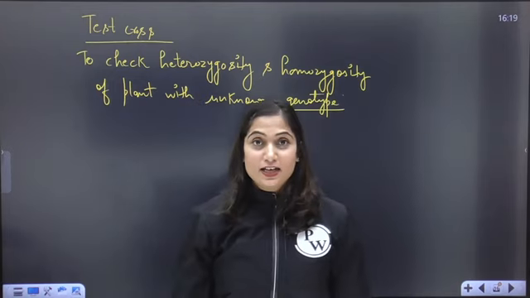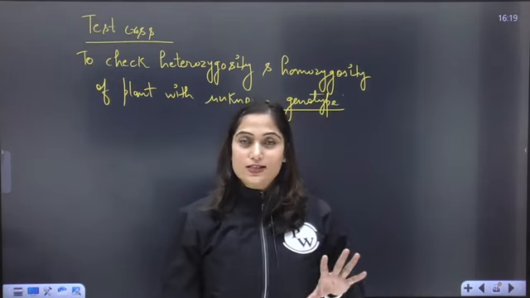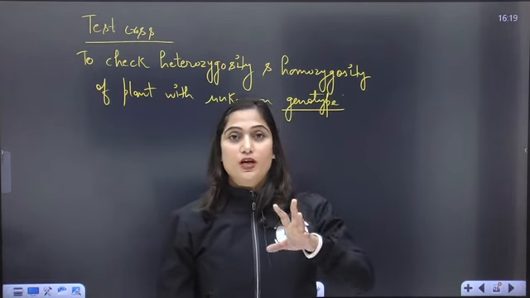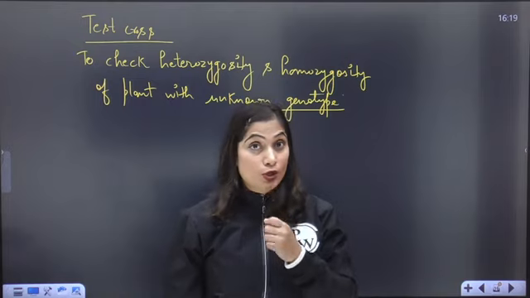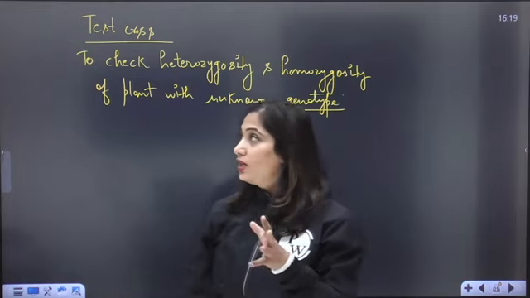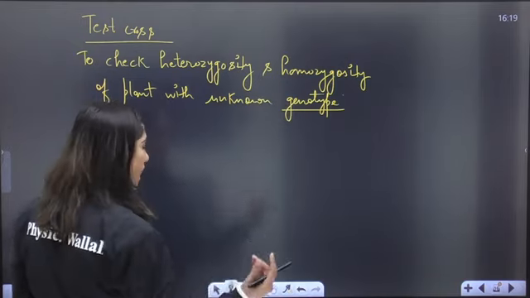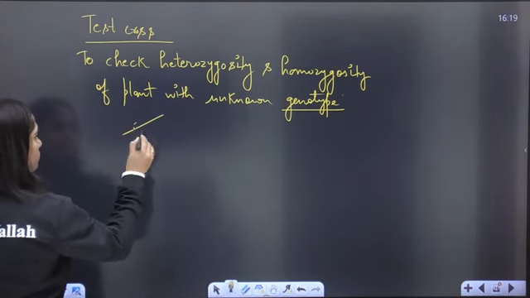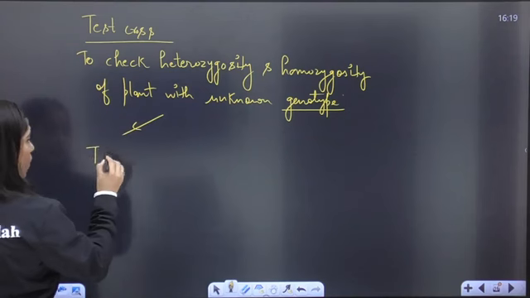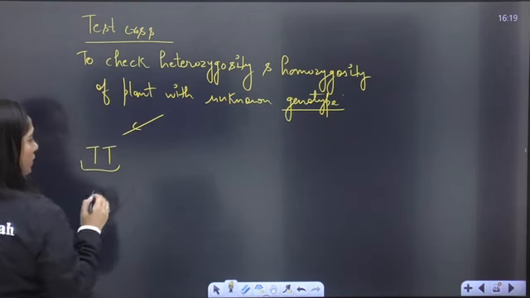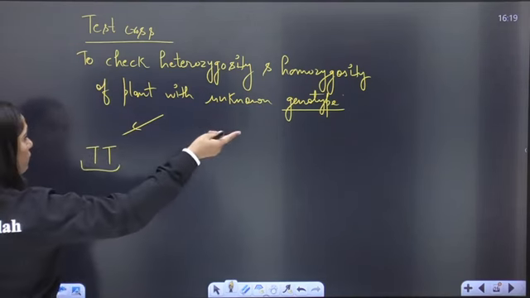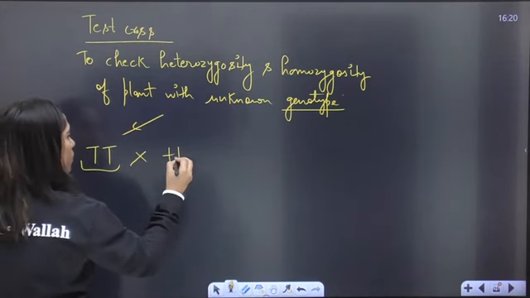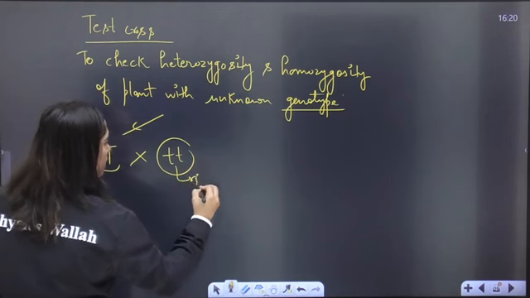Like Mendel did in the F2 generation, there were tall plants, but he did not know which plant is capital T capital T tall and which plant is capital T small t tall. So we want to know that, and to know that we can take the help of test cross. How? Let's see, if the genotype of the unknown plant was capital T capital T, and I'm crossing it with the recessive individual,